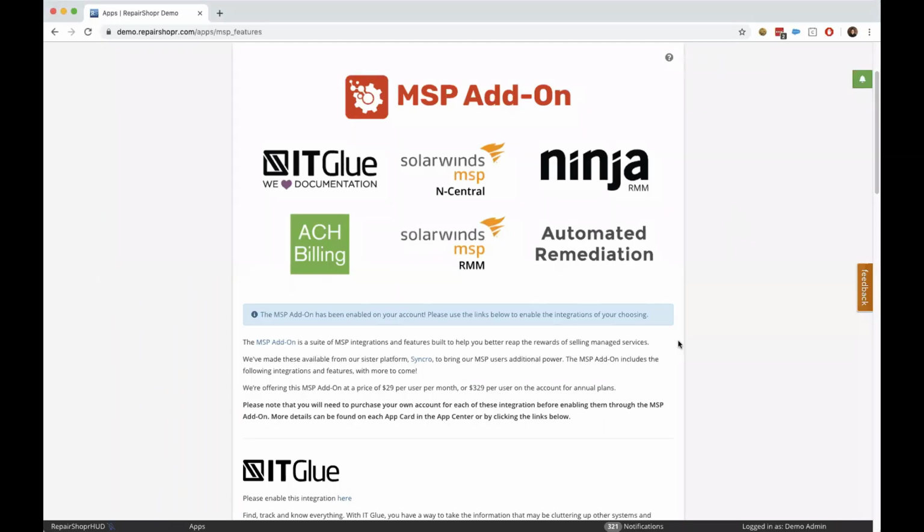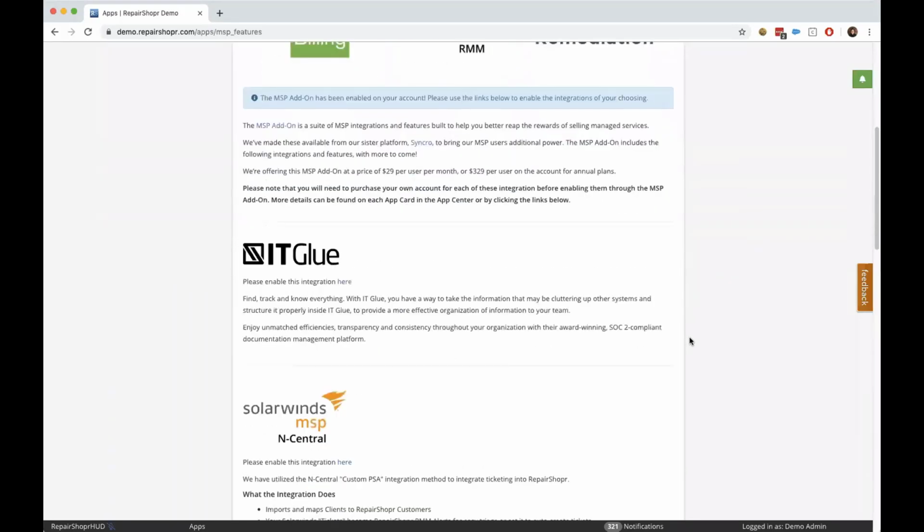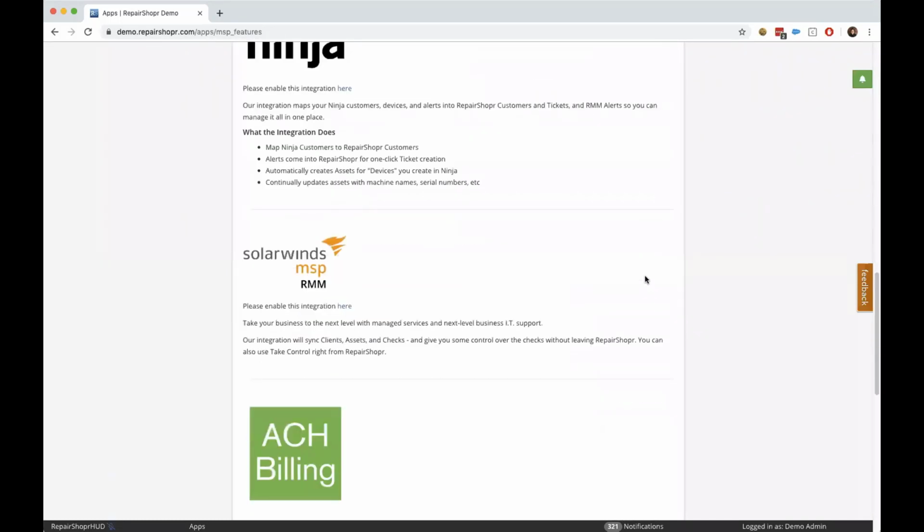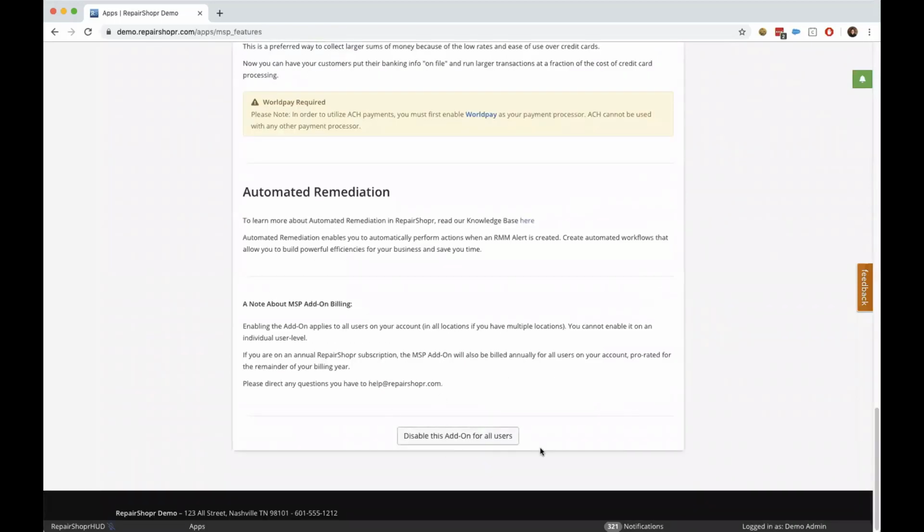Now, we just kind of want to navigate through these. Of course, with these integrations, setting them up is the first process of all of these. With each one of these integrations, the first thing you're going to do, before you go in and start integrating these, is on this MSP add-on page, you just go to the bottom there, and of course, mine says disable. Yours would say enable this add-on for all users. So once you click that enable button, you'll be able to begin the process of starting to set up your